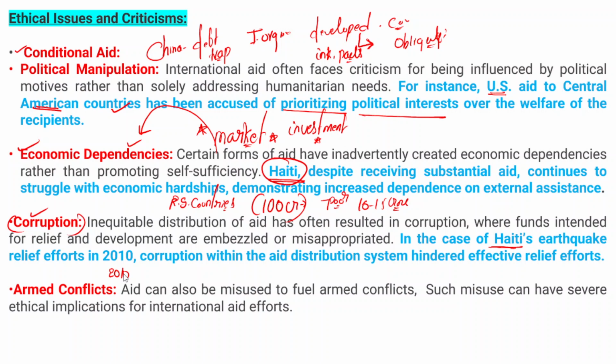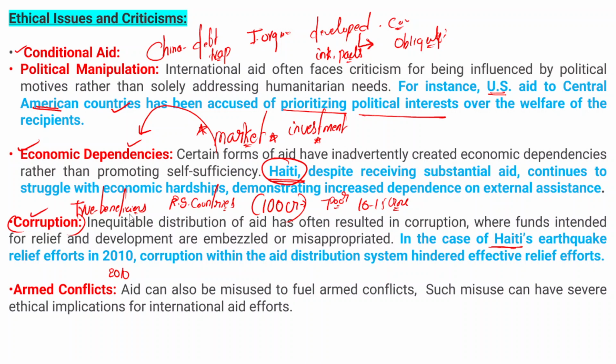However, because of the corruption and also problems in the distribution of aid, such relief measures have been made largely ineffective. So therefore, it has faced a lot of criticism as well. So in this context, it is very important that aid reaches the true beneficiaries. In fact, in these developing countries or resource-starved countries, the governments are very often not accountable to the people. So when they are not accountable to the people, we cannot expect that the aid reaches